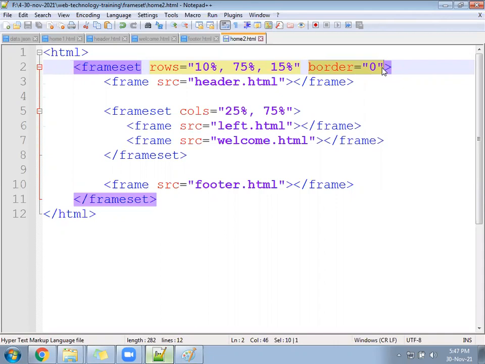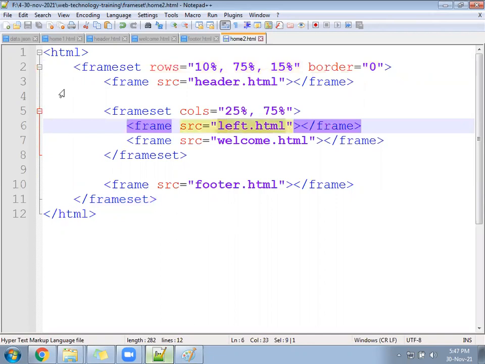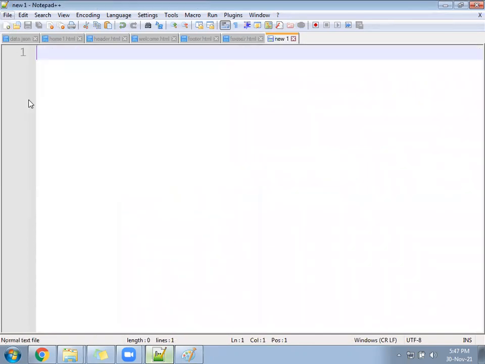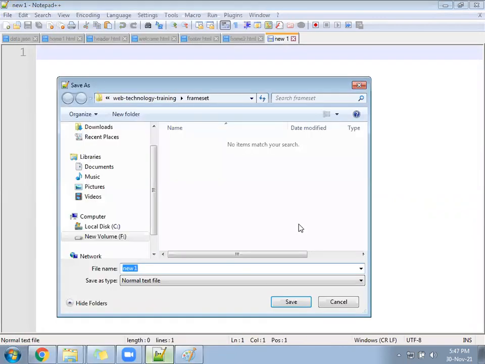Okay, so we can work on the next design. So the left file we have created. In the left file, what is the BG color? Sky blue. Let's do it like this. Left.html.